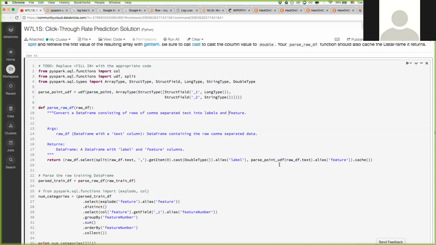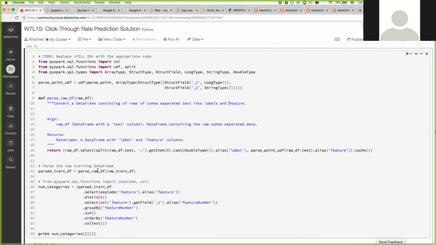It gets some decent results, but maybe that's not what you want to do when you're actually analyzing real data. The numerical value might have some information that you might want to include in your model. All right, and so we parse our trained data frame,